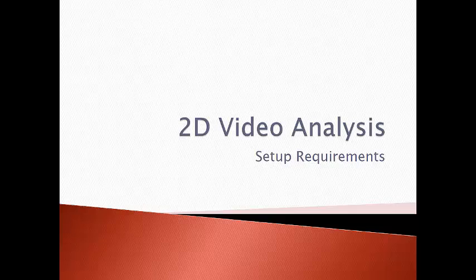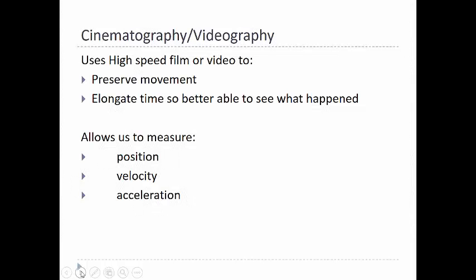Okay, so for the next few minutes we're going to talk about two-dimensional video analysis. Two-dimensional video analysis uses a technique which has different names. It can be called videography or cinematography, and basically what it will allow us to do is use videos which